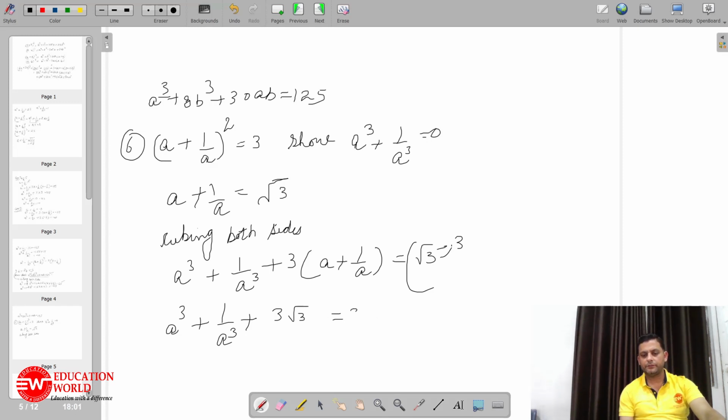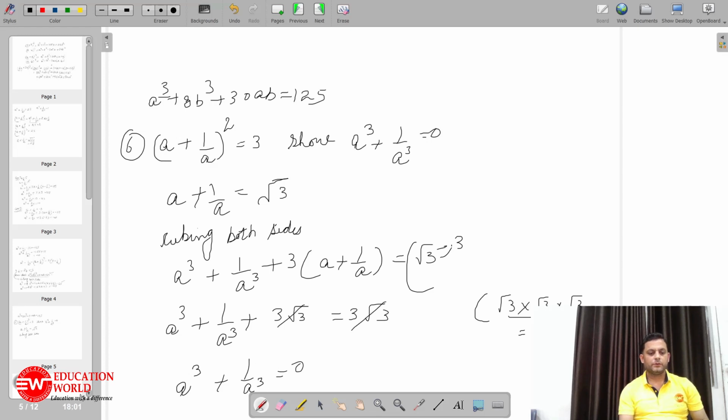So it will give you 3 under root 3. Why? You can see here, under root 3, 3 times you have to multiply under root 3. So it will give you the pair. So this will be 3 under root 3. So this is cancelled out, and what we are going to prove, we have already proved.